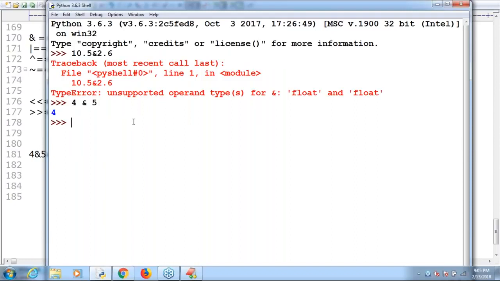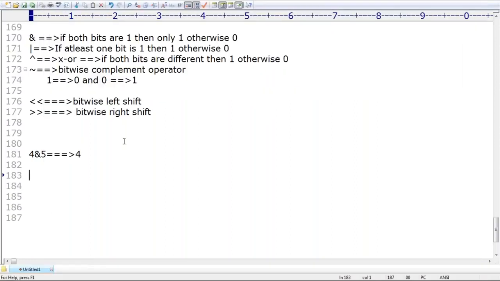Okay, very simple. Can you please guide me, what is the remaining? 4 or 5? What is the answer? Please tell what the answer we are going to get. Very simple. OR symbol, OR operator, right? OR operator means if at least one bit is 1, then 1, otherwise it returns 0. Please tell what the answer we are going to get. If you tell the wrong answer, what should I do? I will give left and right. Think a bit carefully and then tell the answer.